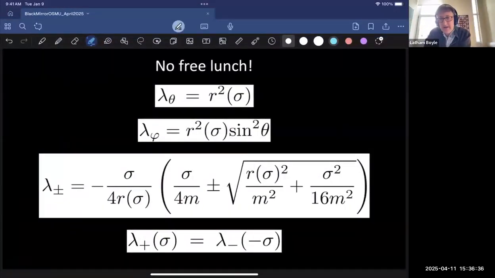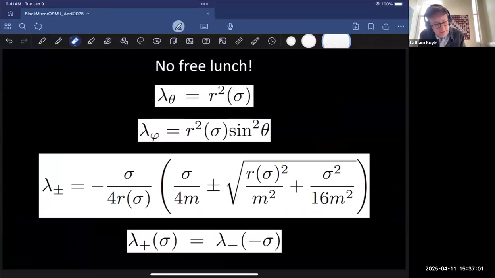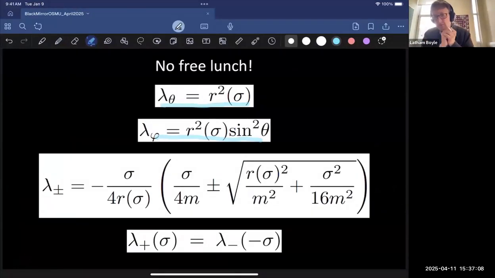Now, that all sounds interesting, but it's important to mention that there's no free lunch. So if we look in these v sigma coordinates, at the 4 eigenvalues of the metric, as we follow the metric up to the horizon, we find that 2 of the eigenvalues pass through 0 at the horizon. The 2 angular eigenvalues remain finite. These are the 2 eigenvalues on the 2 sphere, so the 2 sphere remains completely regular. But in a normal Lorentzian metric, you have 3 positive eigenvalues and 1 negative time-like eigenvalue. So 2 of them are the 2 positive eigenvalues on the 2 sphere. But then the remaining 1 positive and 1 negative eigenvalue, what happens is that